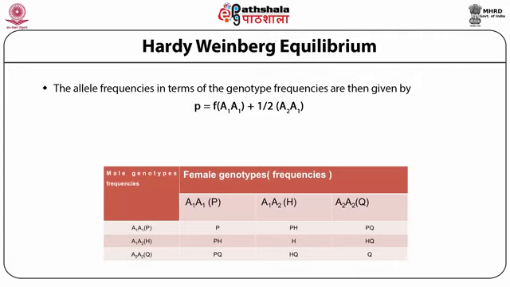Small p is the symbol used for allele frequency of the A1 allele. Similarly, for the q allele, we have the sum of frequency of genotype A2A2 with half of the frequency of genotype